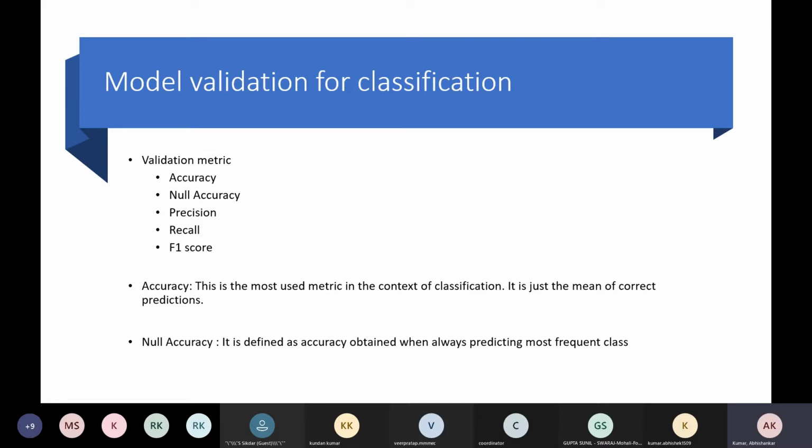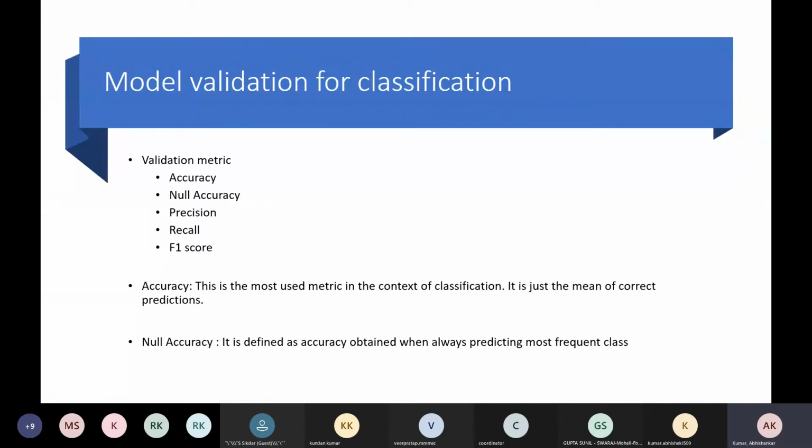Let's say 60 observations belong to class A, 40 observations belong to class B. Since class A has 60 observations, it is the most frequent class, so we always predict class A. So 60 times our prediction will be correct actually. You can use this for baselining your performance.